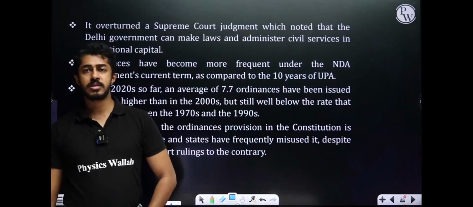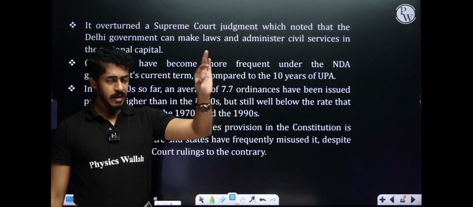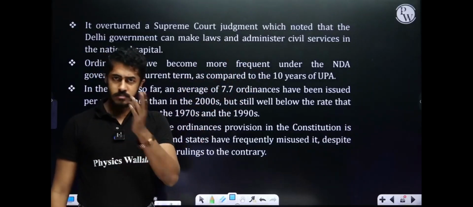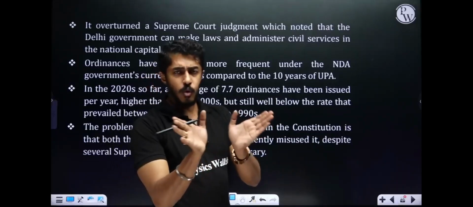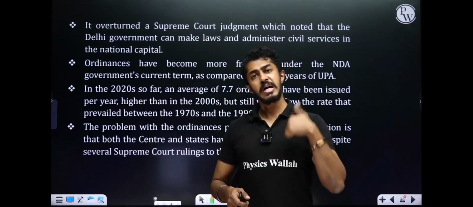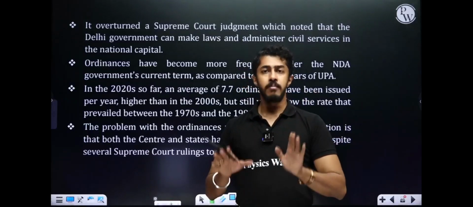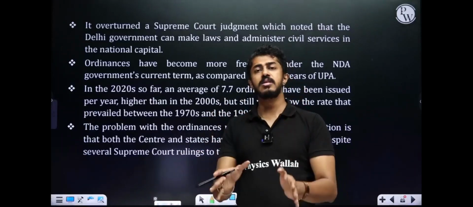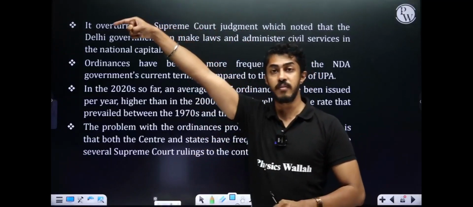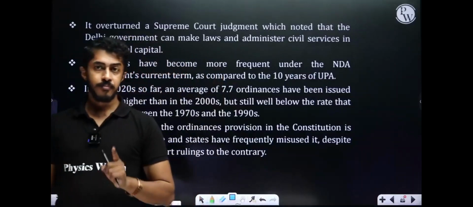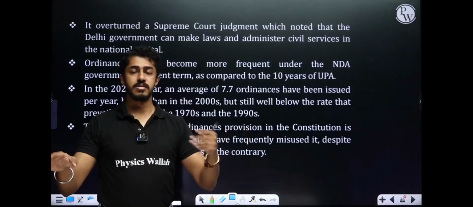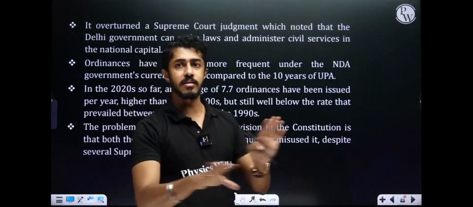Basically, the Supreme Court said that the Delhi government has every right to control its civil servants. That is the ruling the Supreme Court gave. The center, not liking the ruling, passed an ordinance overturning it. It means control of the civil servants in Delhi, the national capital region, will lie with the union government. Means what? The Delhi government will not have any control over the officers, neither transfer them, their appointment, nothing.